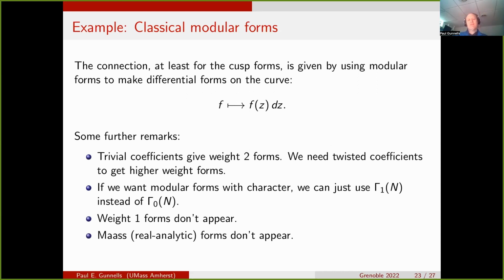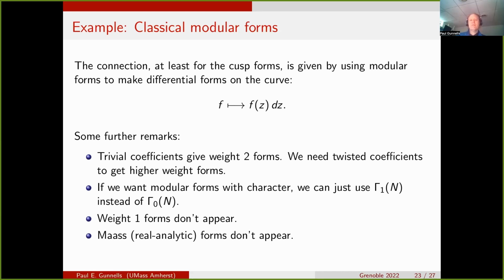Well, for cusp forms, you just take the modular form, which is a function on the upper half plane, and you make a differential form on the curve. You just take f to f(z) dz. This is what you do for weight 2. I didn't say that in the statement above, but this is what you do for weight 2. If you start with a cusp form, which means a modular form that vanishes very rapidly at infinity, then when you make a differential form out of it, you'll get a holomorphic 1-form on the space. And you know from algebraic topology, using the de Rham theorem, that that's one way to compute cohomology.